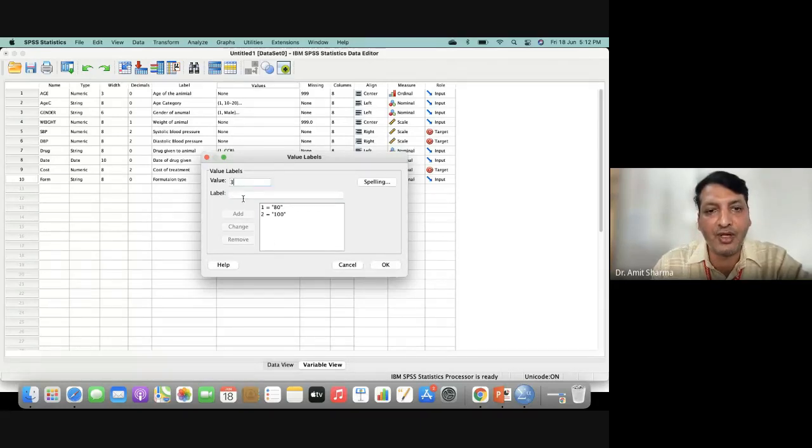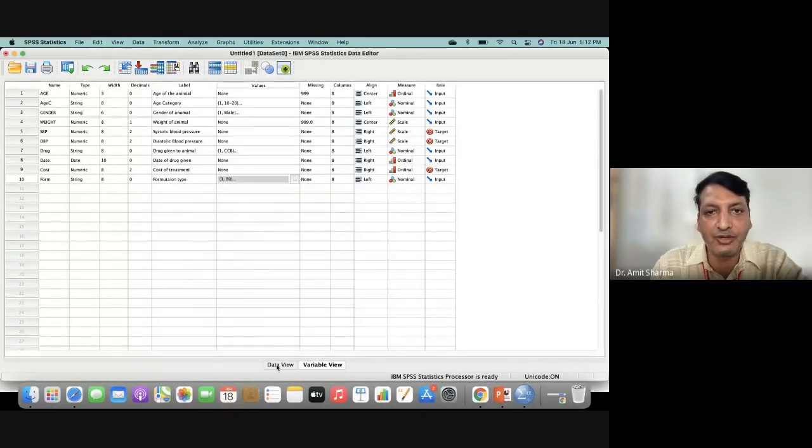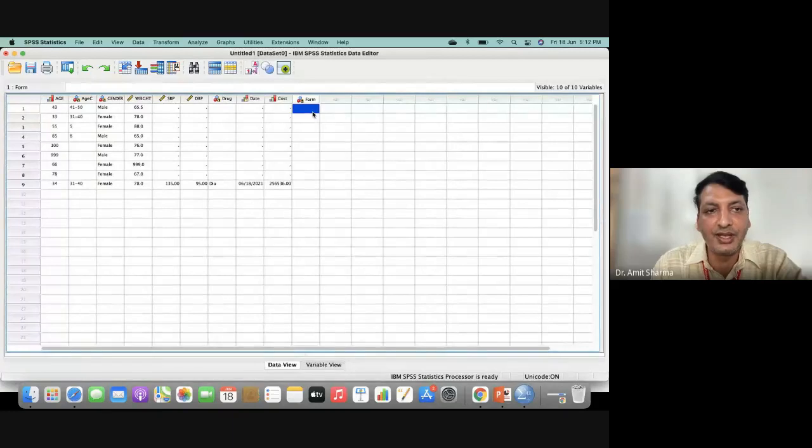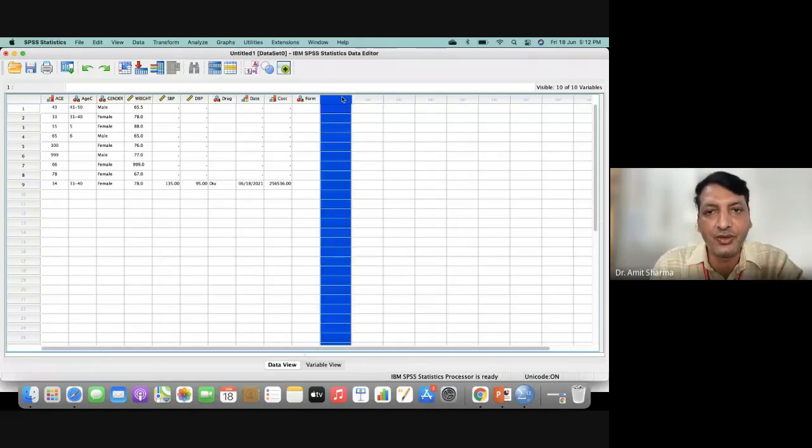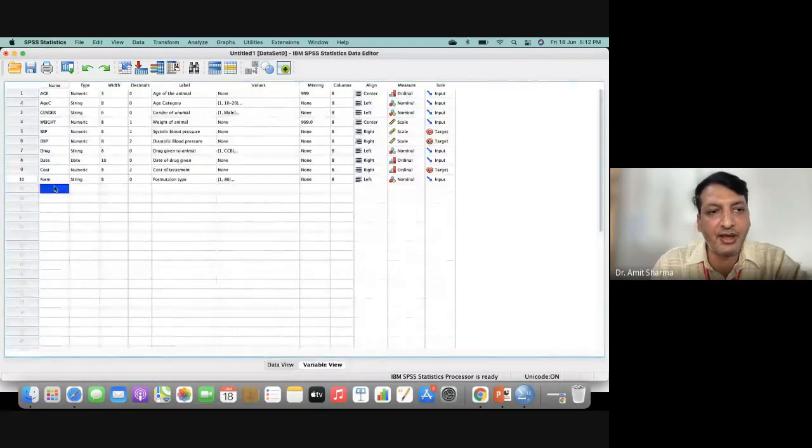Or for the third one you have used another surfactant, so you can directly write the name of the surfactant only. So like this, if you have 5 formulations, you have to give 5 different codes. So once 5 different codes are given, you can come to the data view, and here you can choose that, for example, you are doing a test for dissolution. Clear? So one more variable will be made.